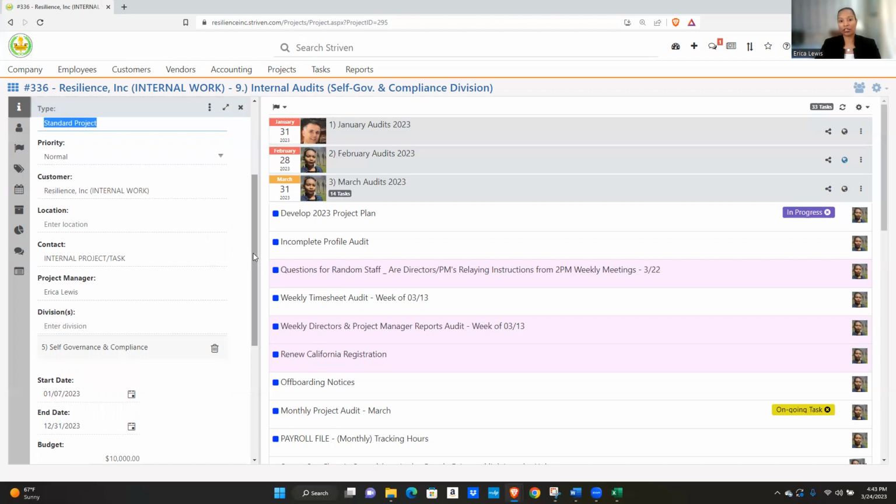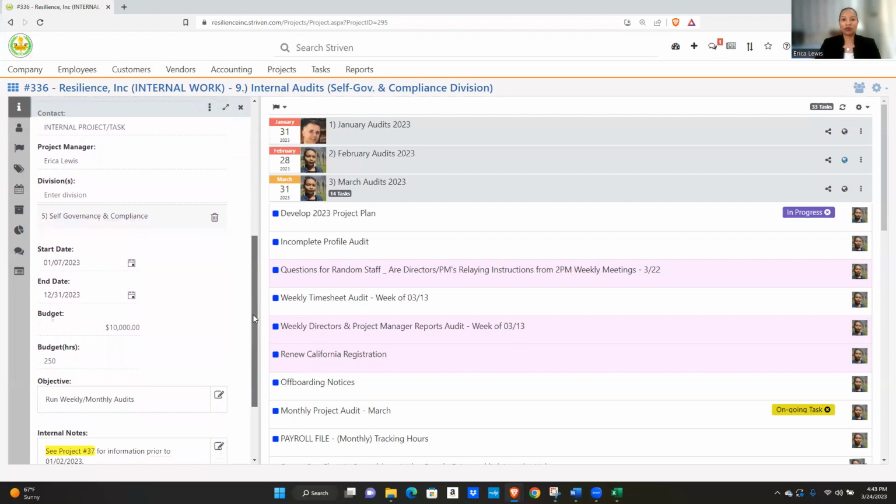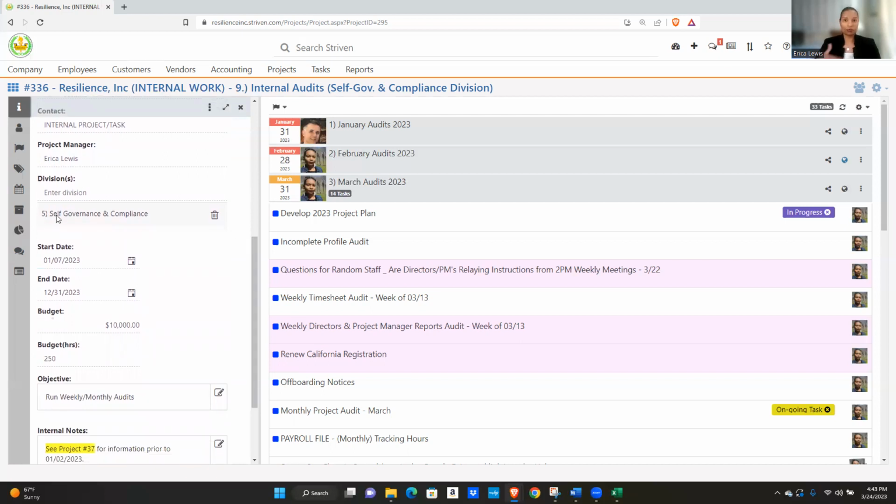I will be considered the project manager for this project. The division is self-governance and compliance, or whatever division. Maybe you'll be part of the IT division. Maybe you'll be part of the grants writing division, or training and leadership division. You know, we have several divisions, I believe about 11 now. A customer service division, gaming division. The start date is when I started was January the 7th, and the end date is the end